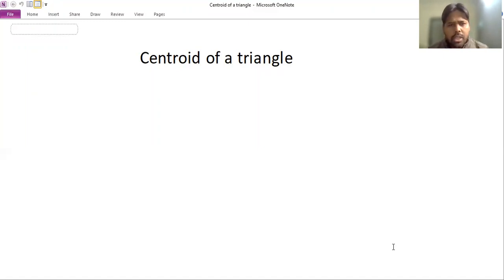And today we are going to continue with coordinate geometry, and the point of discussion is going to be the centroid of a triangle and the area of the triangle, and henceforth the application of the area of the triangle that is supposed to be found out with the help of the coordinate system and the coordinates that are